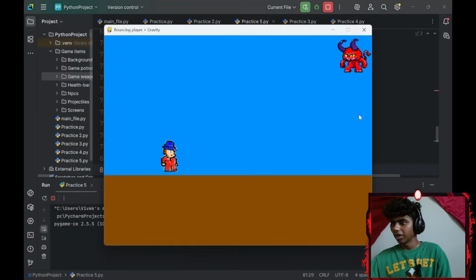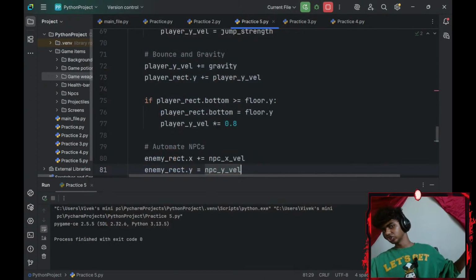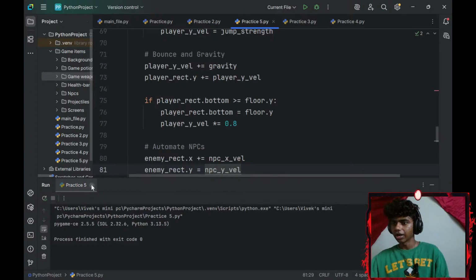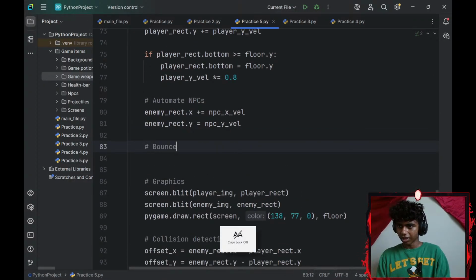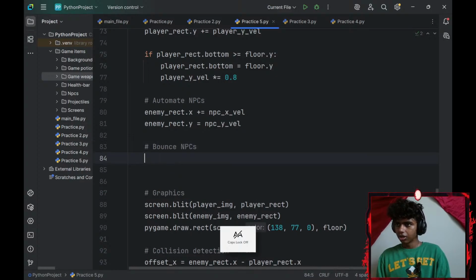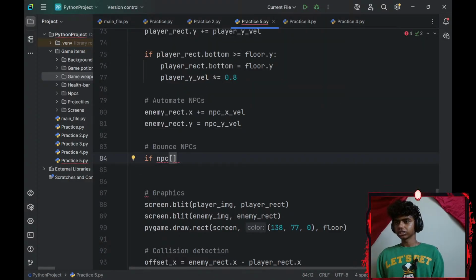That's basically going to make my NPC just move, but my NPC just dips off the map. So I gotta add bounce to my NPCs now. So let me go ahead and add bounce to my NPCs. To bounce my NPC, I'll add an if statement. If my NPC at index of, let's see, if my enemy